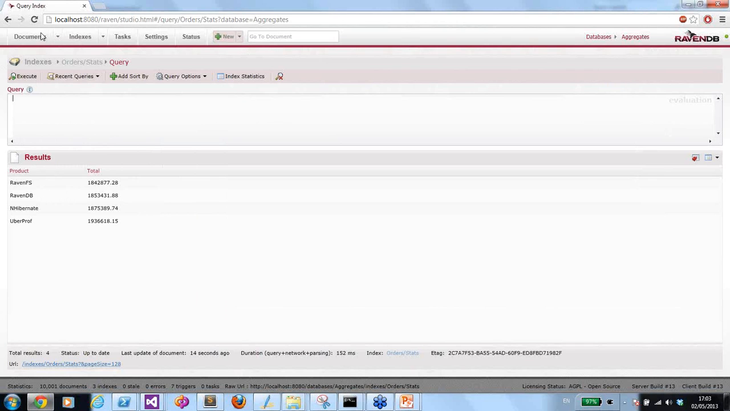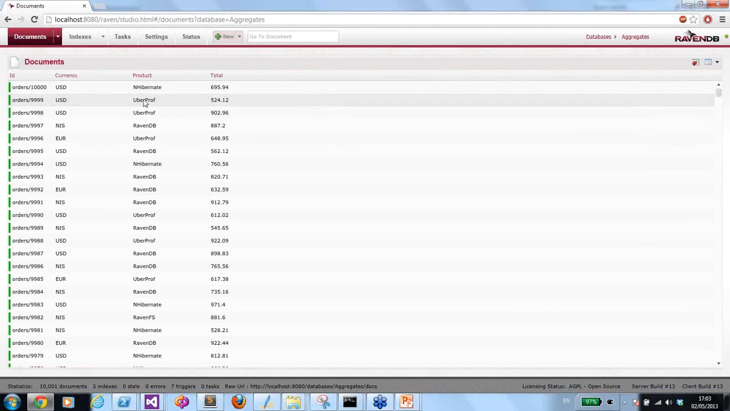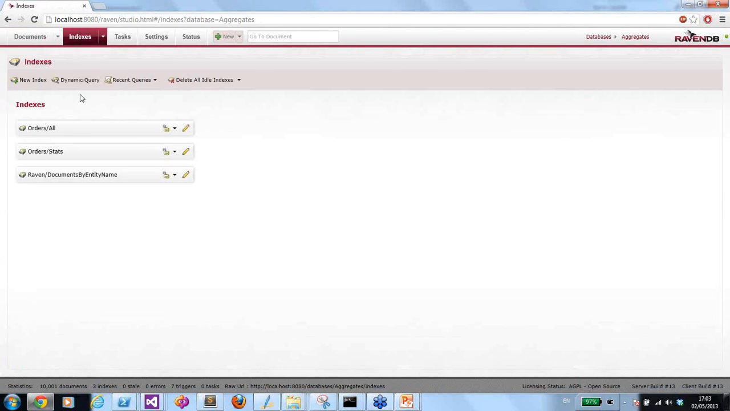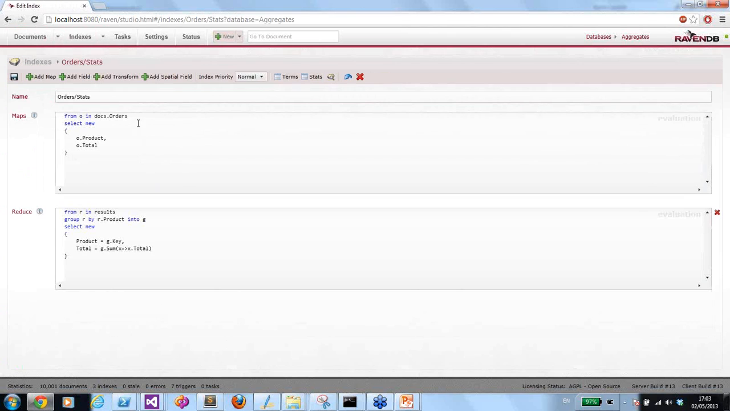For example, if I'm going back here, I could very easily say, give me by product, give me by currency, but it would be somewhat hard for me to do things like, give me by product and currency. I can do a MapReduce index that does both. If we go here, let's handle that. Currency, new r.product, r.currency, and now I have to do